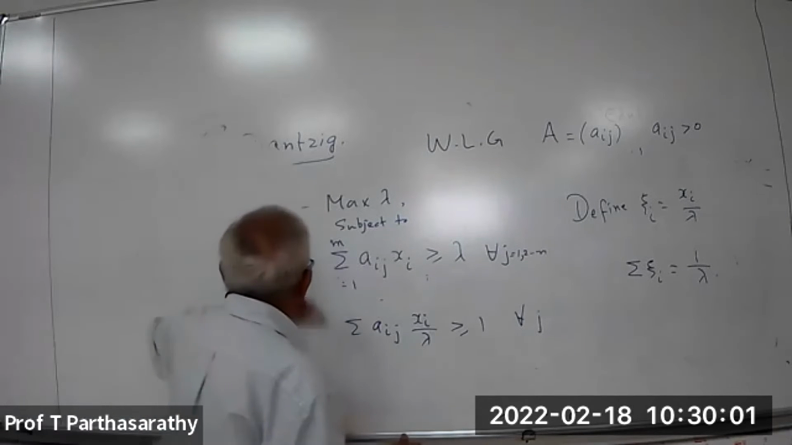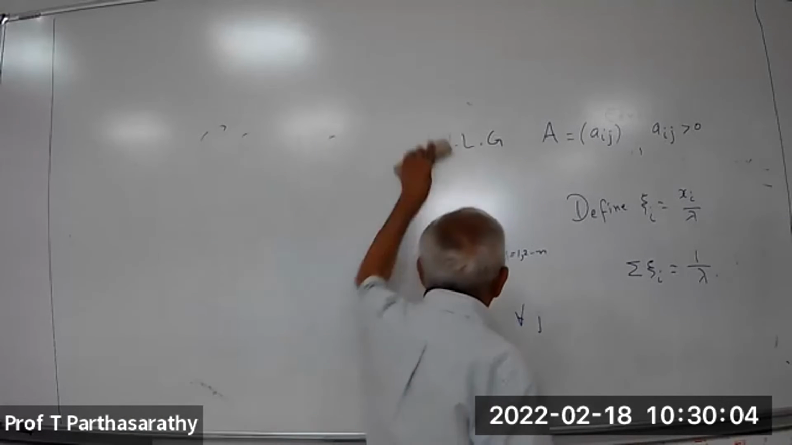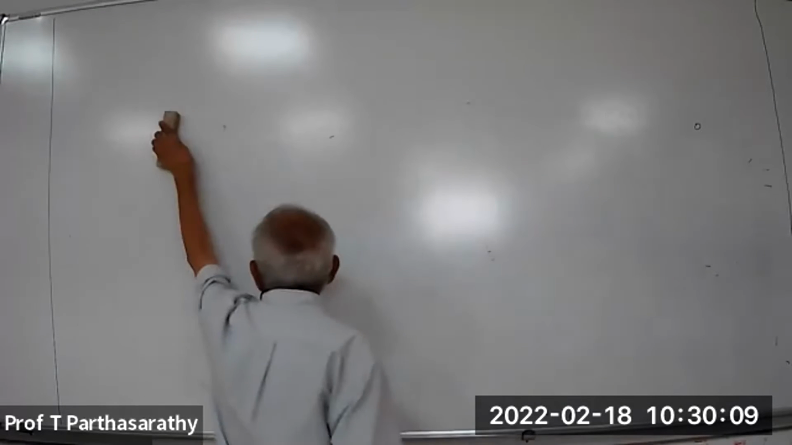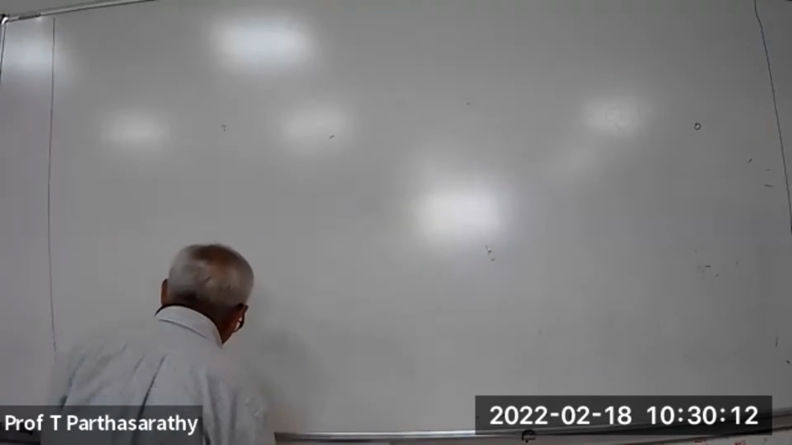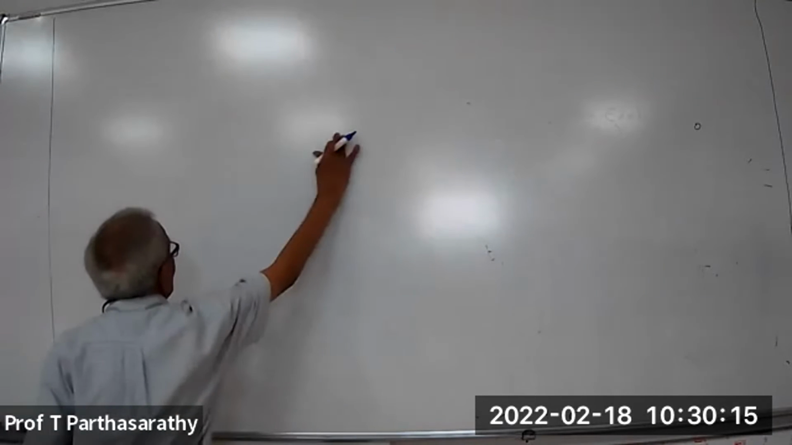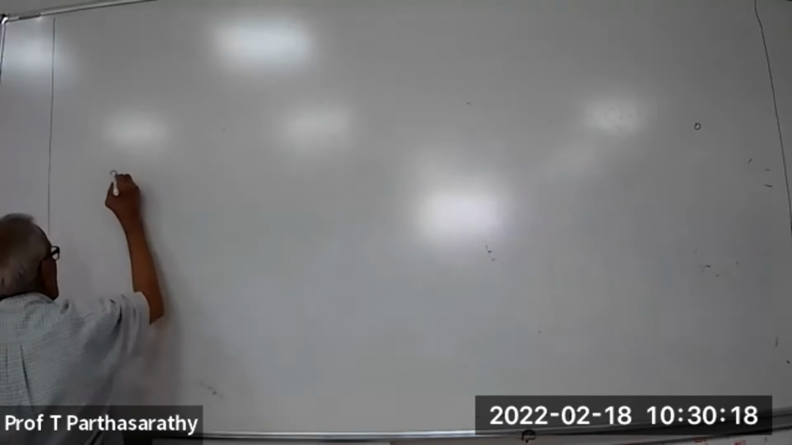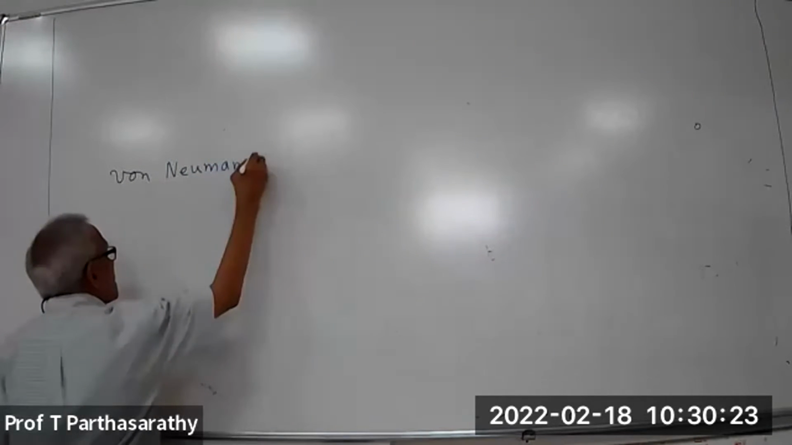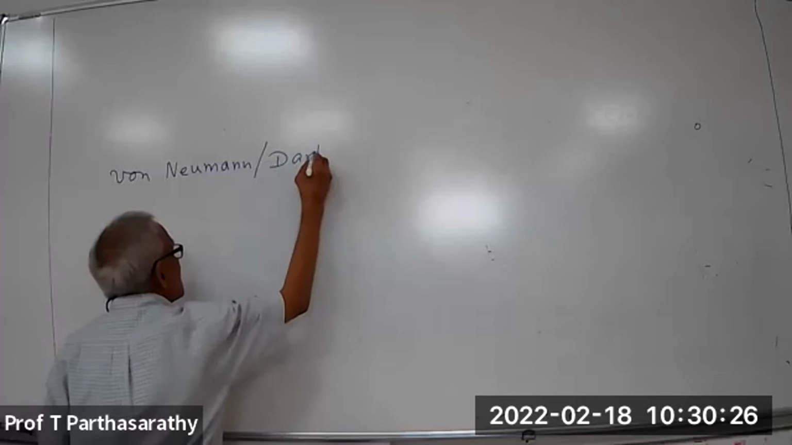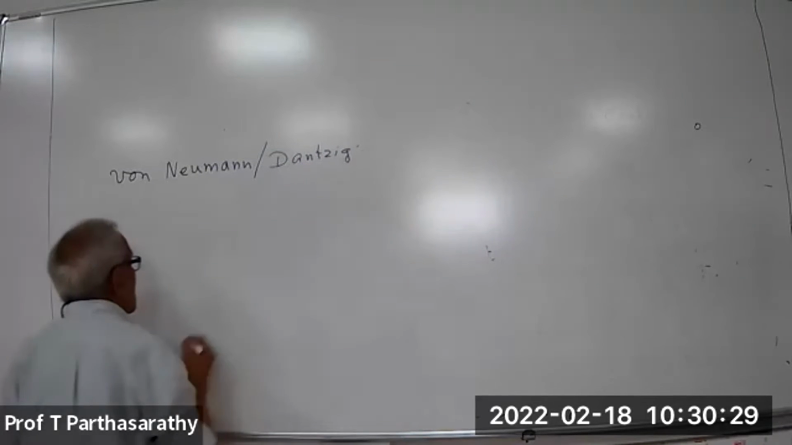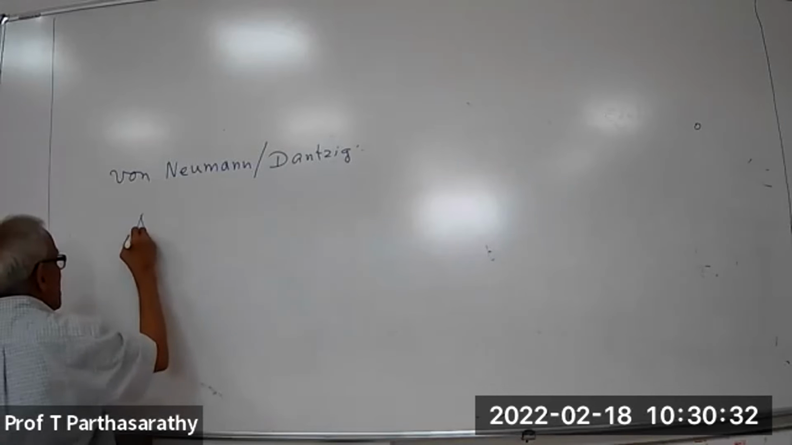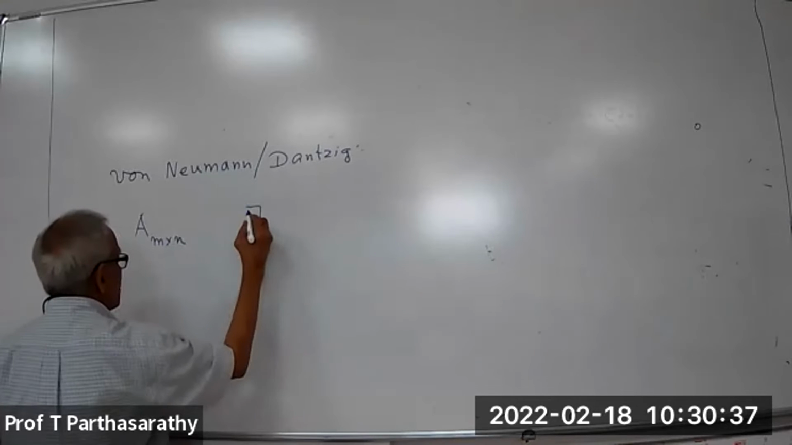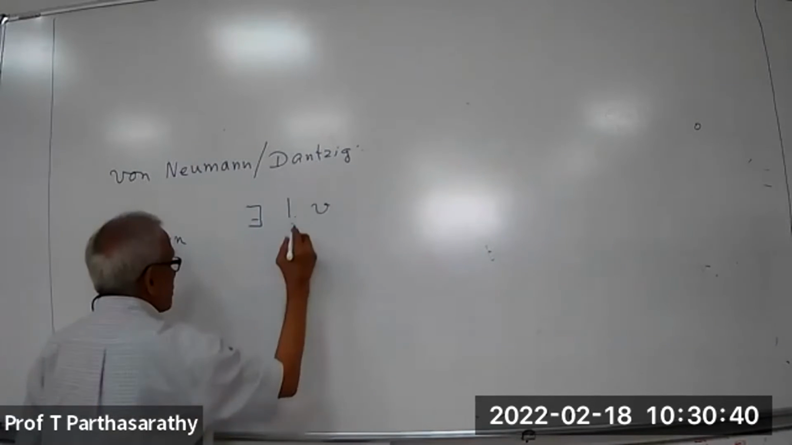So let me rephrase what I said until now, so that you will understand precisely what I have done. So von Neumann's theorem can be formulated as a linear inequality problem. So that's what I'm saying. So this is the result due to von Neumann and Dantzig. You are given a matrix A of order m by n. The result says the following: there exists a unique number V called the value of the game,